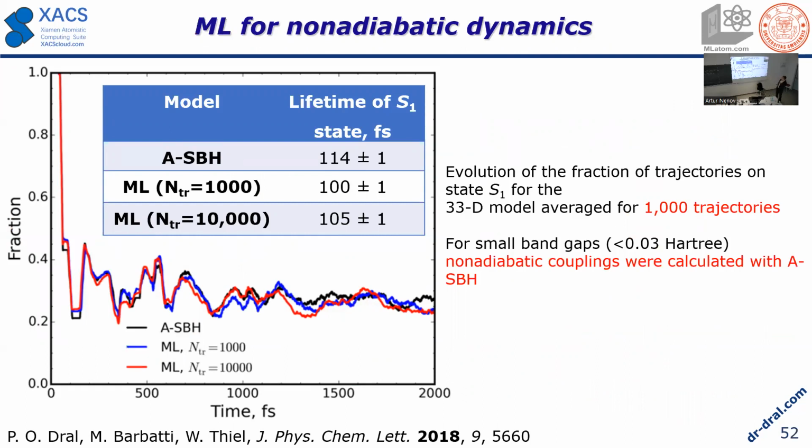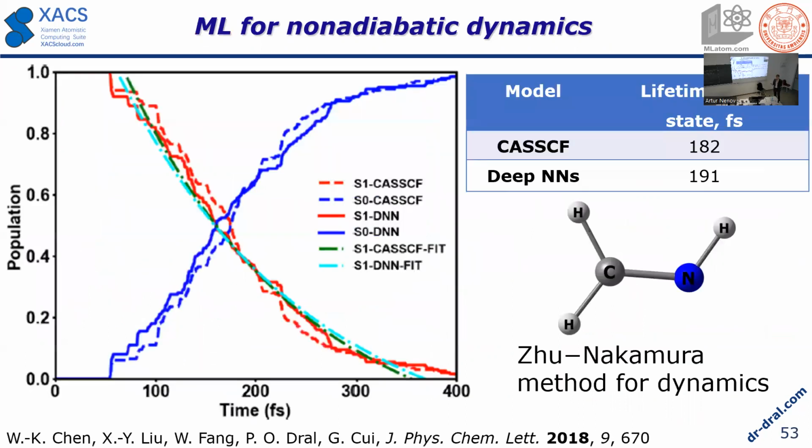There are some solutions reported in the literature, but our solution was simply not to calculate them as a low gap region and just use reference methods to do this, so it's portable. Another solution is to use the Nakamura approach, which is an approximation, but anyway, if you compare the cut here to neural network potentials, you can get quite good agreement.